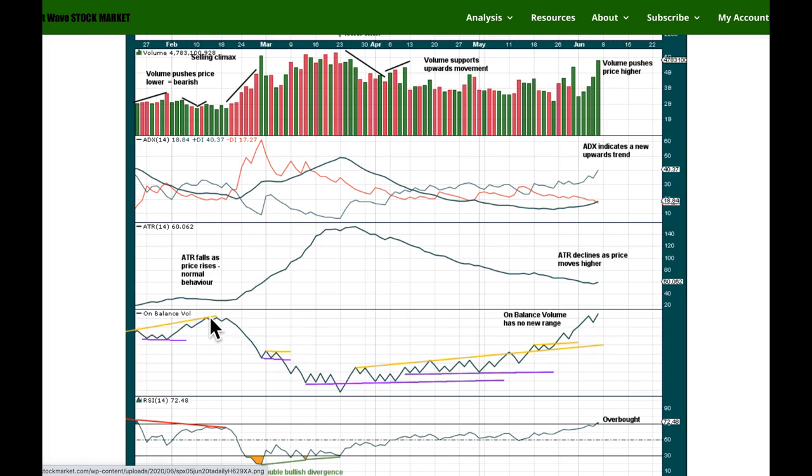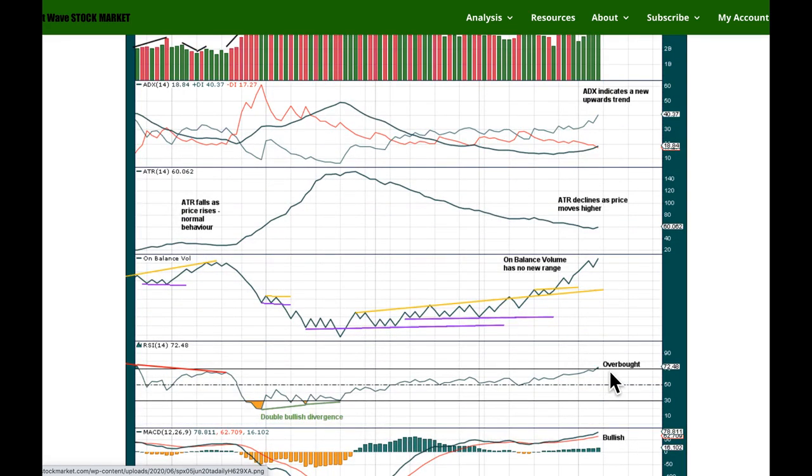It is making new highs, but I've had a look back at the bear market from October 2007 to March 2009, and in the middle of that bear market, in one of those big bounces that interspersed it, on balance volume made substantial new highs, and it remained making new highs for quite a long time, and yet the bear market continued. So I am not going to give that much if any weight.